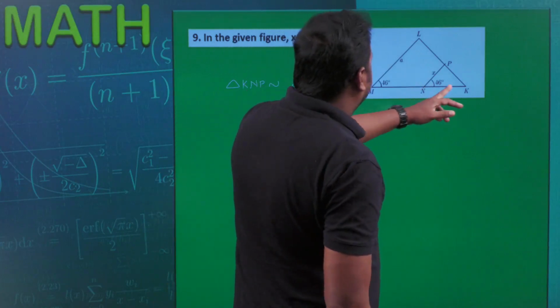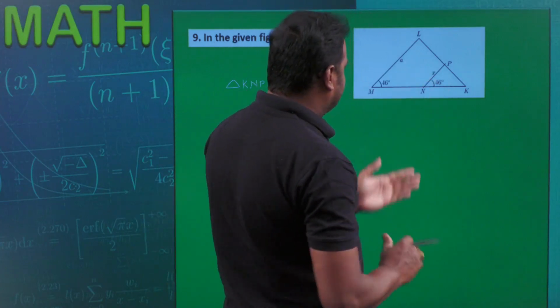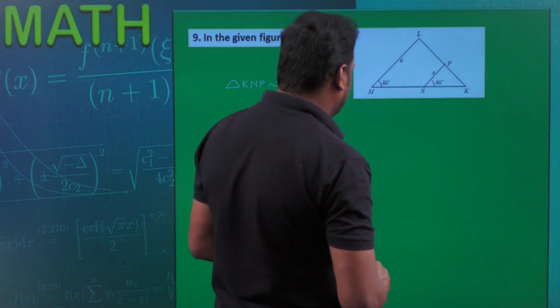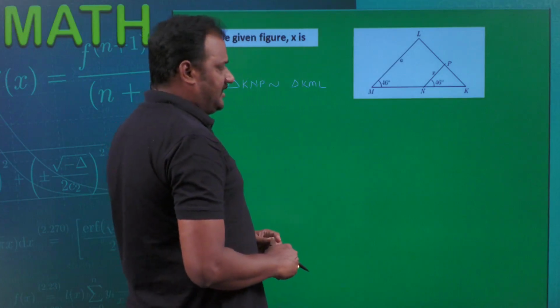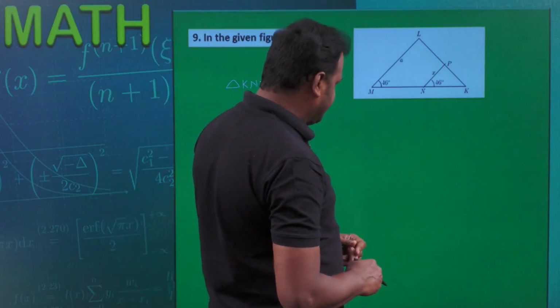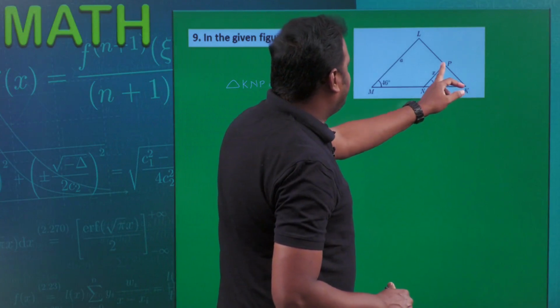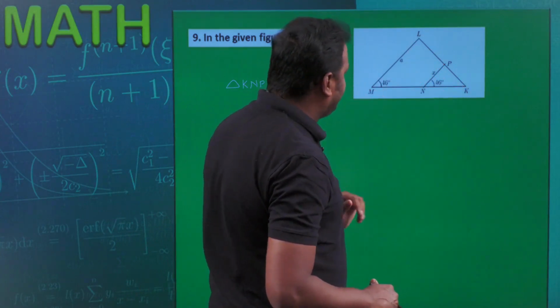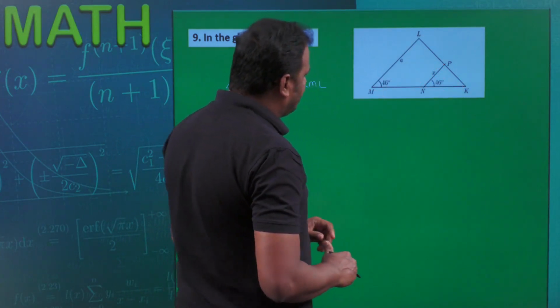See here, these two triangles are similar because this is 46, this is also 46. So by CPST, PN by LM is equal to